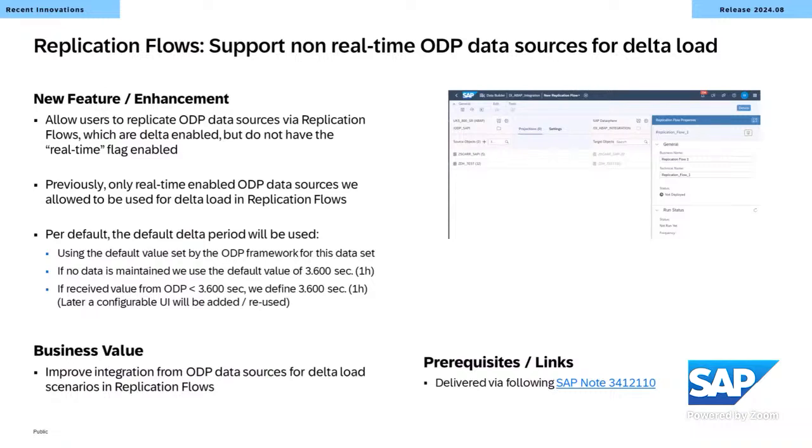And by default, I have described here a bit how that looks, because in the end, we are trying to use the default value that is set by the ODP framework. This is also typically how remote tables do it. If this value is not maintained, meaning if there is no default value, we use the default value of 1 hour, which is also the default if you would use the ODP interface via SDI and remote tables. And there's a special rule: in case there is a default value below our default, we override it to 1 hour, because in the end, we also want to make sure